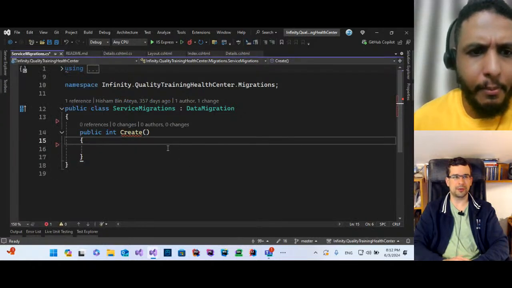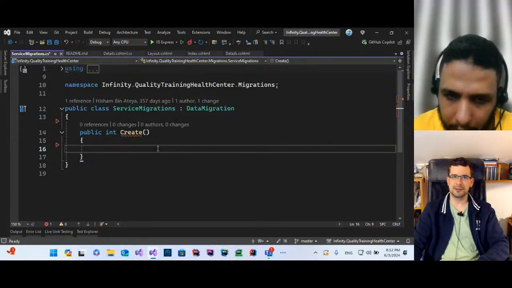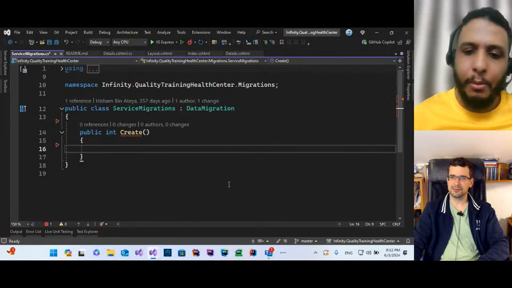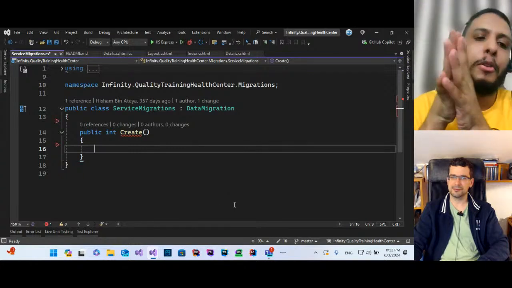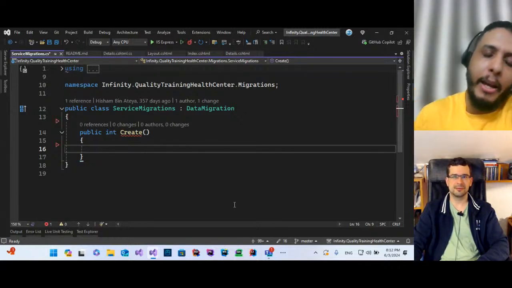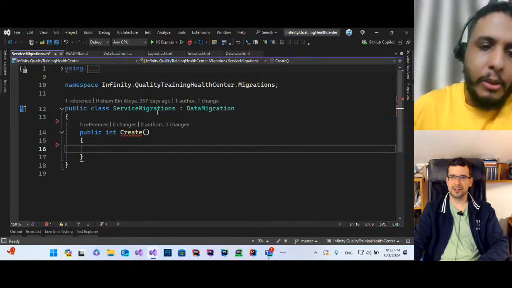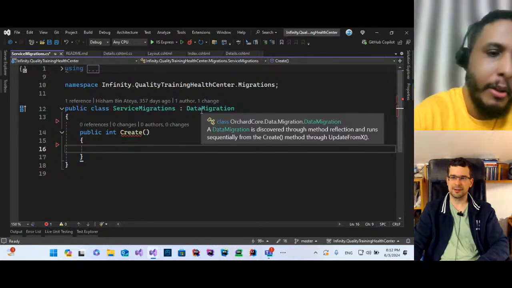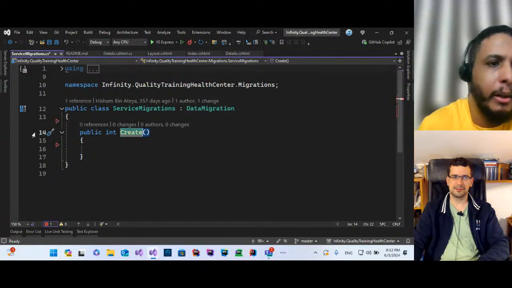What are you creating the content type for? So what's the idea? Yes, the idea here is to create a first content type that represents the surfaces. So we will create a surface content type, but we will not do it from the admin panel. We will do it using migration. So we inherit from the data migration, then in the create method, which is called by convention,